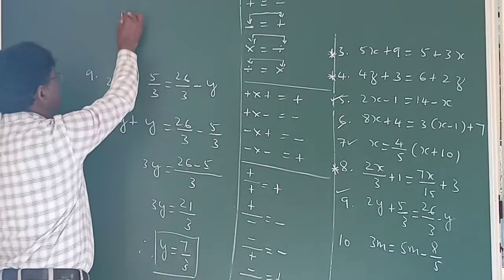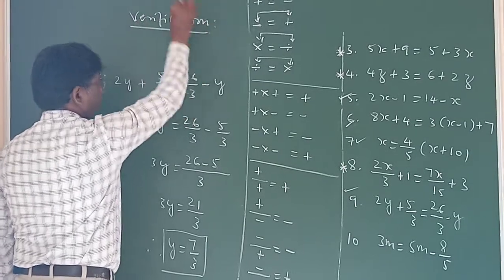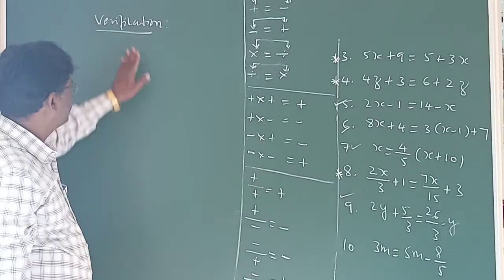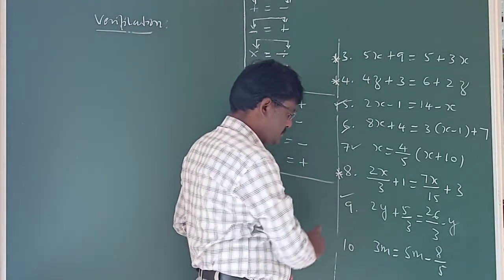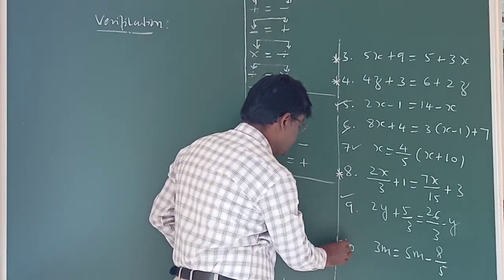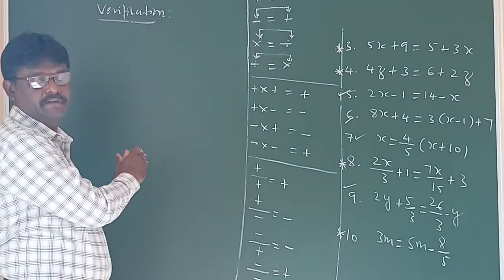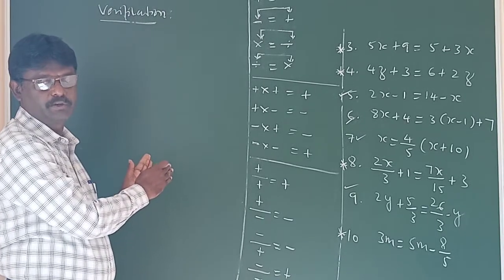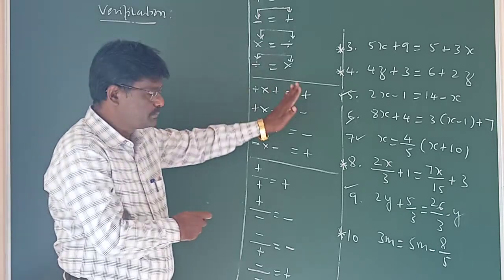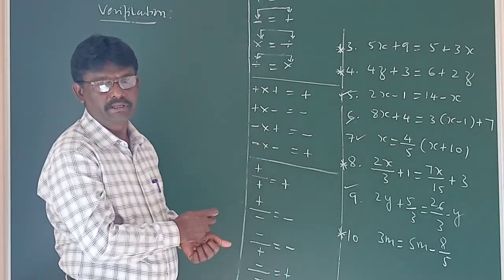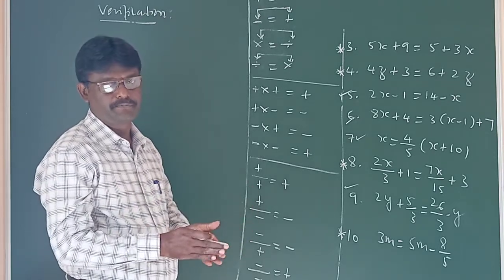Then verification. Verification you only do, children. Okay, and now therefore 9 got over, the 10th also you practice. Then remember, we have not done applications on the previous. What do applications mean? Verbal problems, etc. Word problems are there. Therefore, after the completion of one more, reducible to the simpler form, after that only we will take all word problems. Thank you, children.